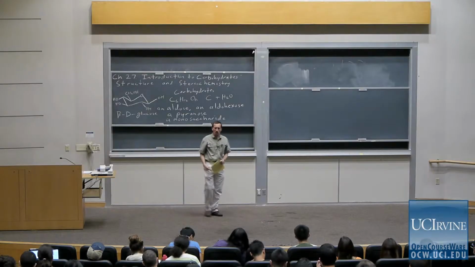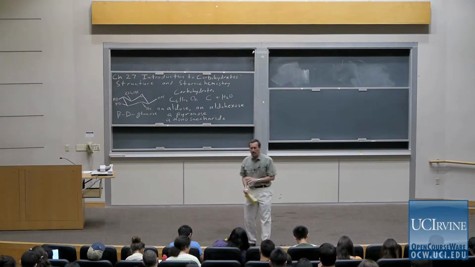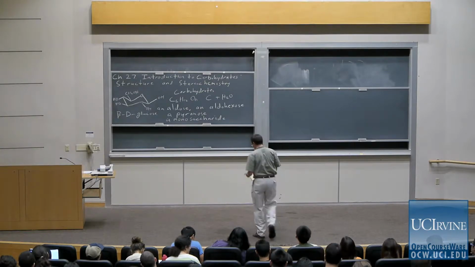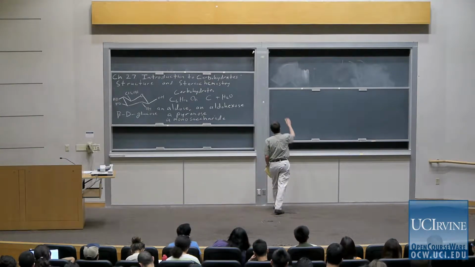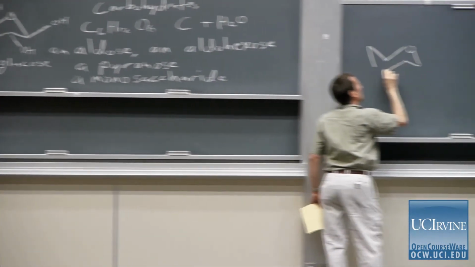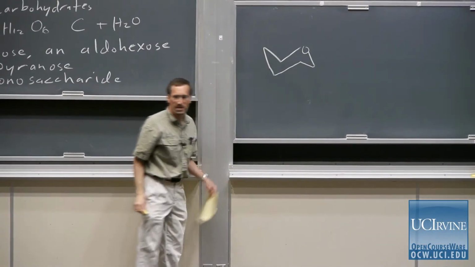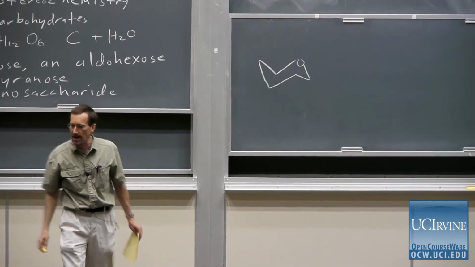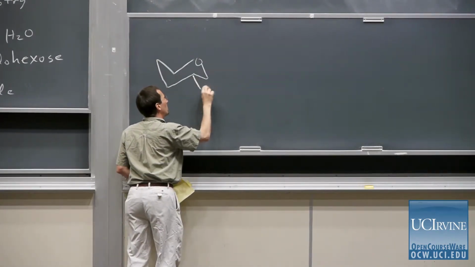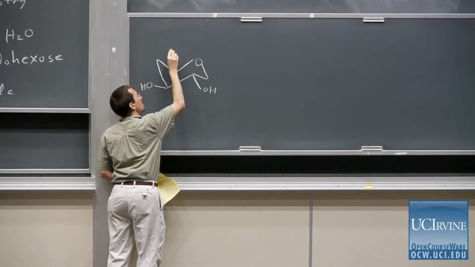Mono, of course, means one. Saccharide, well, sugar. I want to give us some contrasts in structure and in stereochemistry by drawing a disaccharide at this point. And it's going to introduce some basic concepts here. So we're going to start with drawing another pyranose form of a ring. We're going to have two of these linked together, so two chair cyclohexanes. And I'm going to go ahead and draw everything the same on this ring as I did